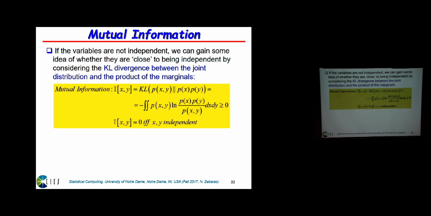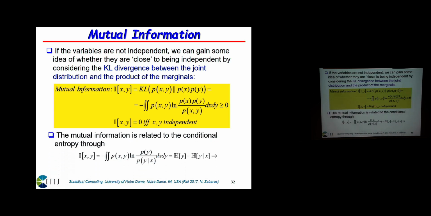Okay? And mutual information, you remember if X and Y are independent, P of X and Y is equal to P of X times P of Y. So a nice definition of mutual information is basically the KL distance of the joint distribution from the product of the two marginals. Right? And so when you talk about independence, this is what you need to use. Okay? So if the mutual information is 0, then you can claim that X and Y are independent.